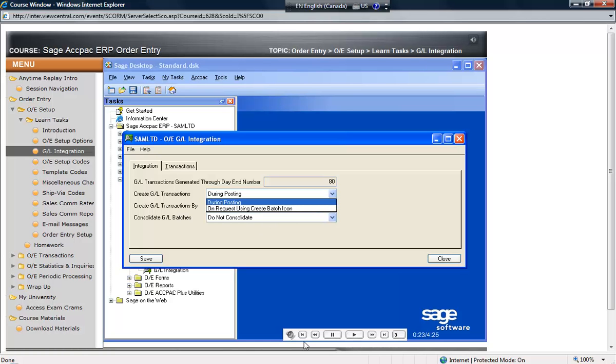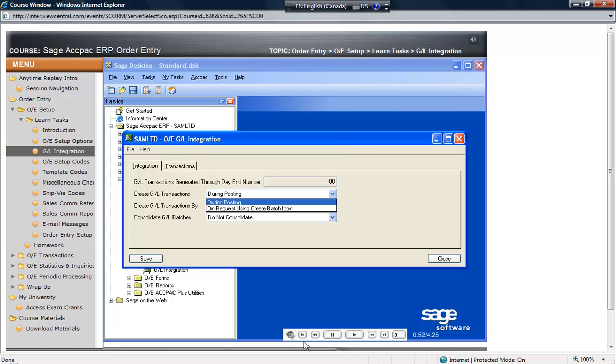The During Posting option transfers the transactions to General Ledger when shipments and invoices, or credit and debit notes, are posted in order entry. If During Day-End Processing is selected as the costing option within inventory control, a During Day-End Processing choice appears here instead of During Posting. Selecting this option, the system saves the General Ledger transactions in a temporary file until the day-end processing function is